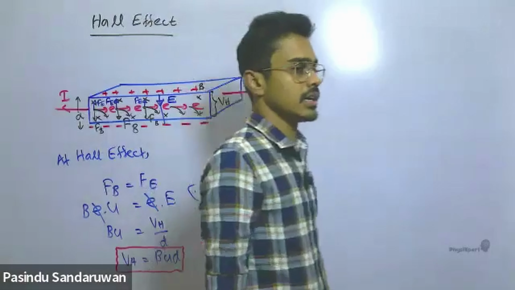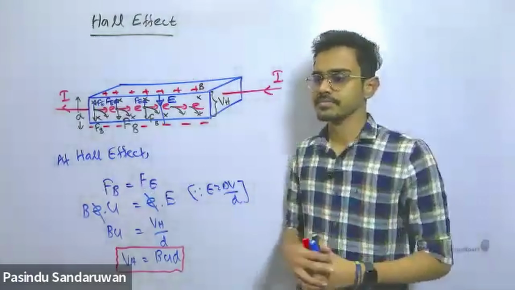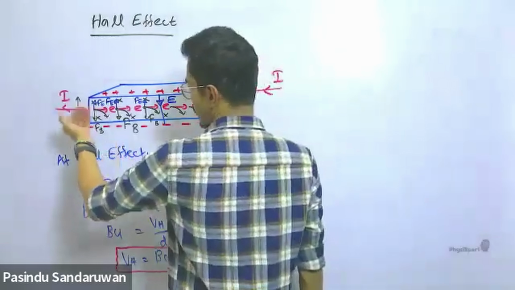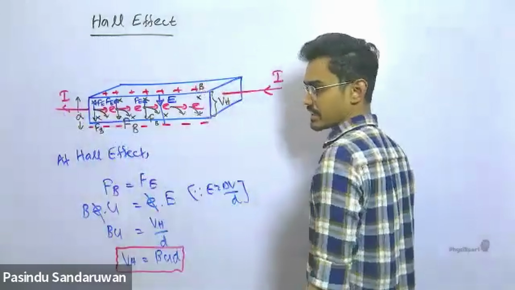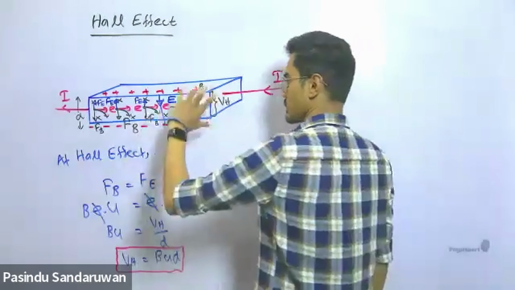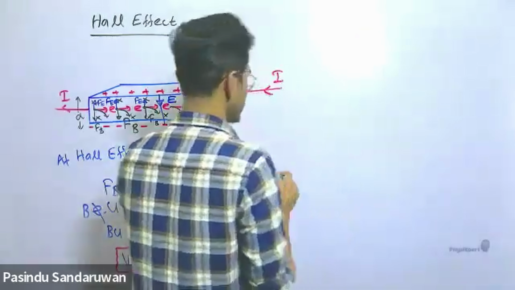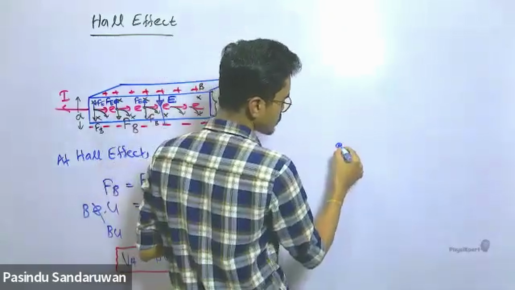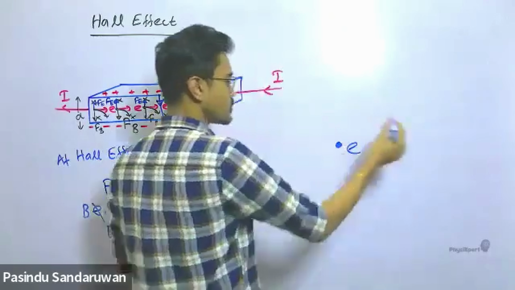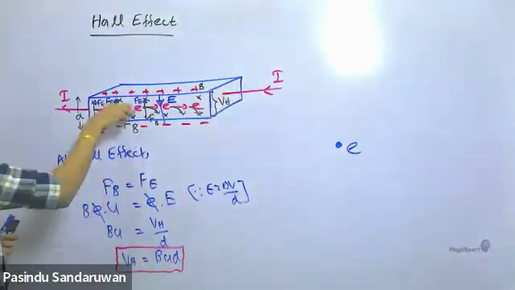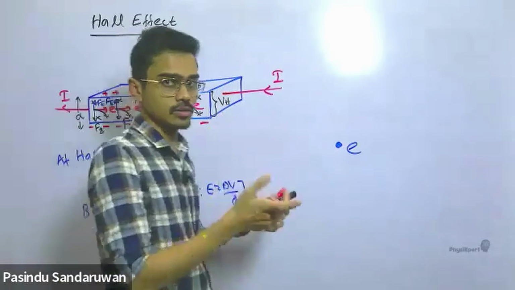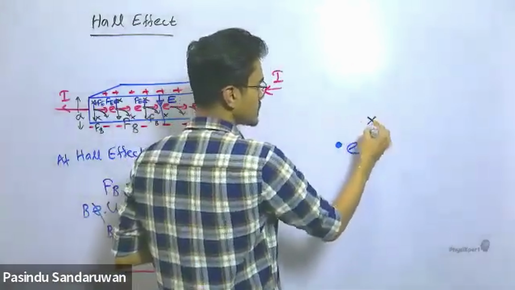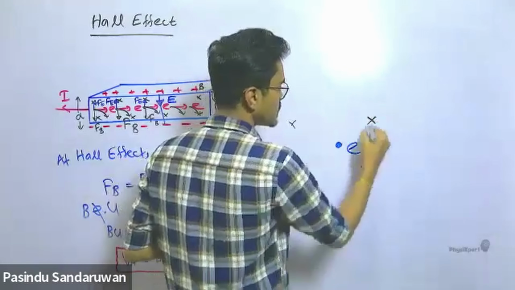Okay, listen again. This is what is happening here. Electrons are flowing through the conductor, and the conductor is kept in a magnetic field of B. Now, if this is an electron, when this electron goes through the conductor, a cross magnetic field is given to the conductor. Because of this cross magnetic field of the conductor,